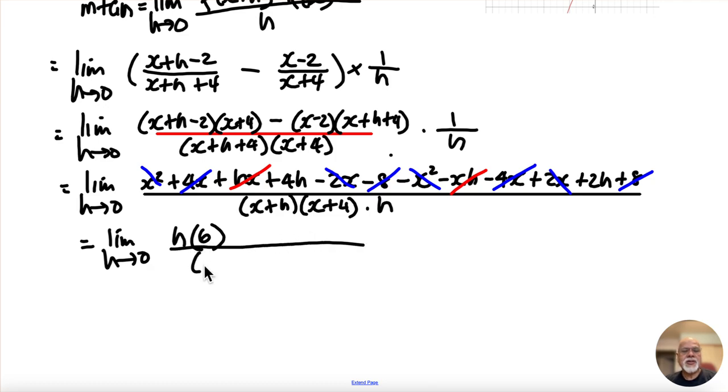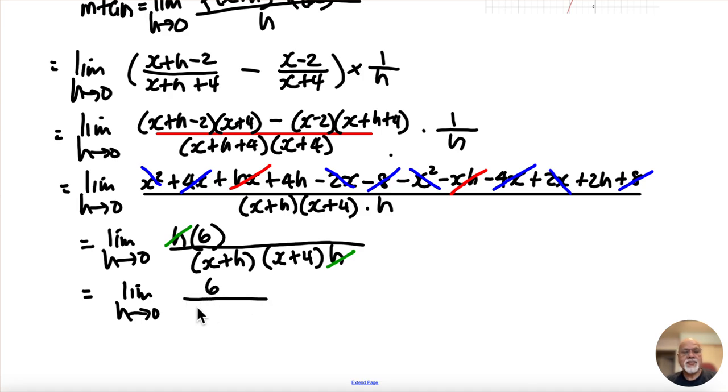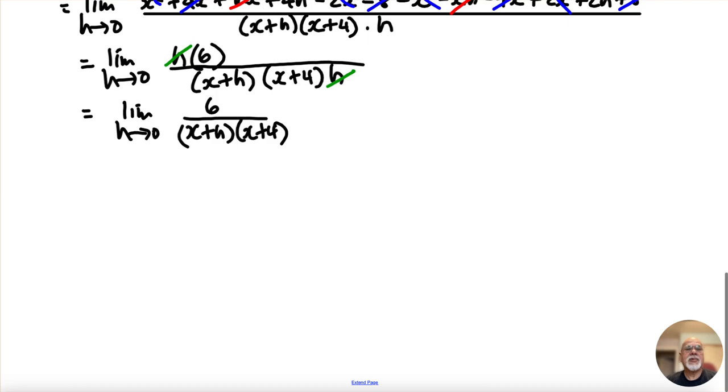All over x plus h times x plus 4 times h. And now the h's cancel. And so we end up with the limit as h goes to 0 of 6 over x plus h times x plus 4. And so now you can see that as h goes to 0, this ends up just being 6 over, and if h is 0, that's just an x, so it's just x times